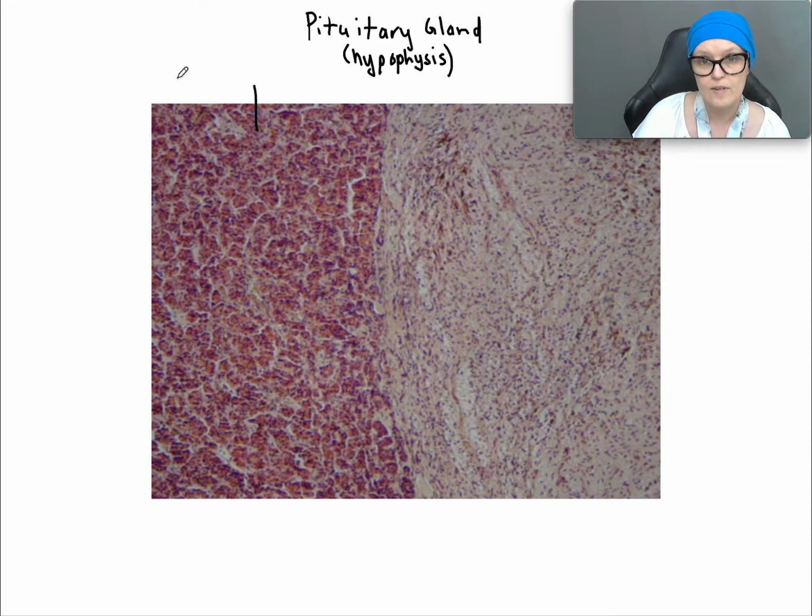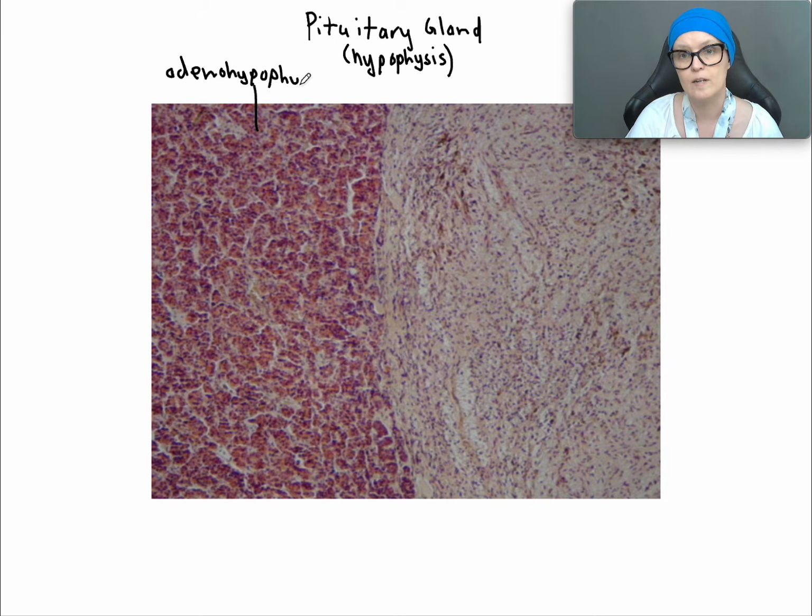So this darker red part is the adenohypophysis. And it is the anterior lobe, A for A, adenohypophysis for anterior lobe. Or what in lecture I will often call the ant pit. But you can't put ant pit on the lab test and expect to get any credit. For the lab test, you need to put